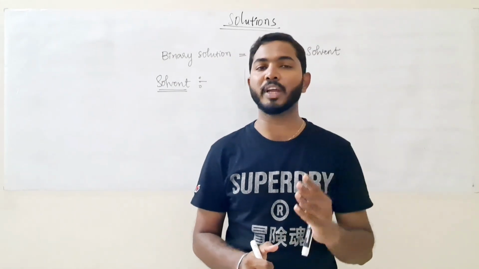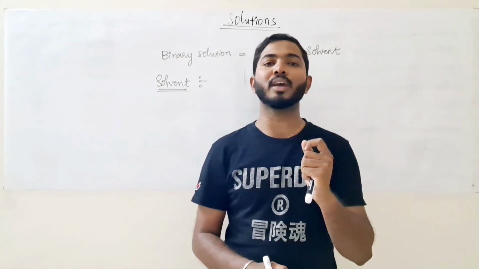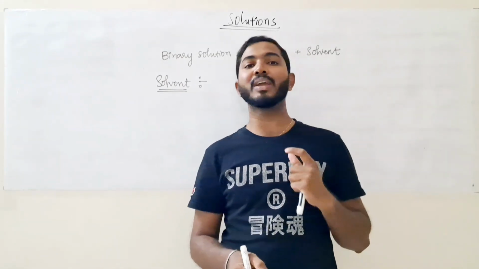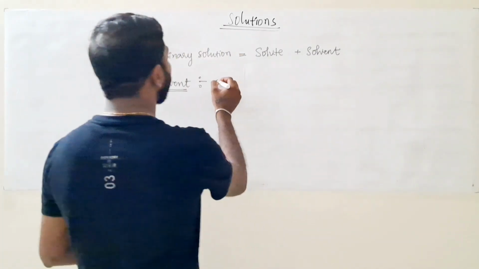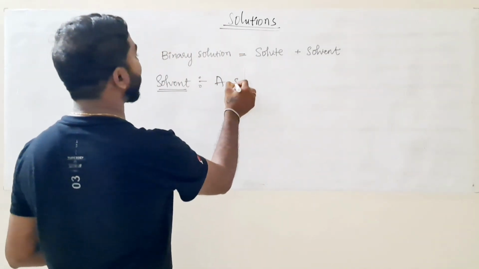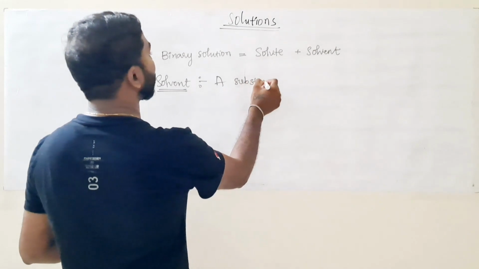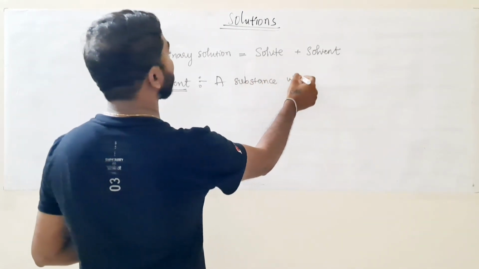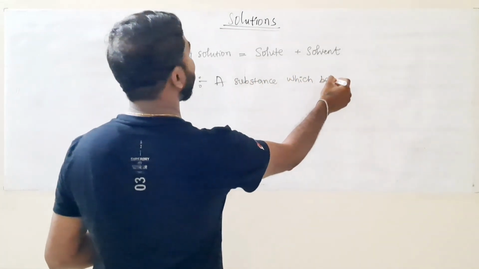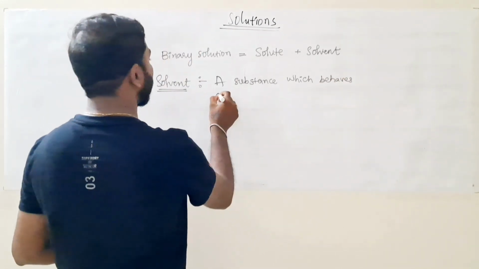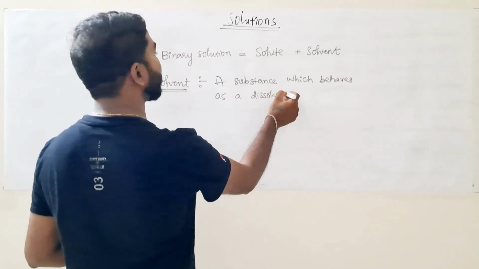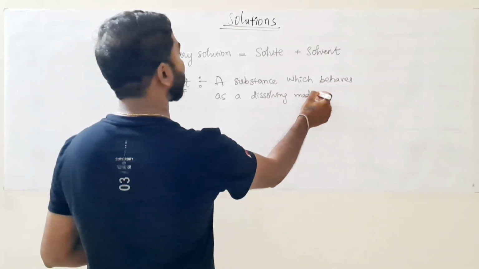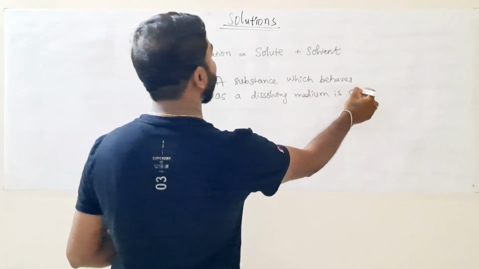So I am repeating the statement. The substance which behaves as a dissolving medium is called as a solvent. Okay, so let me just write down: a substance which behaves as a dissolving medium is called as